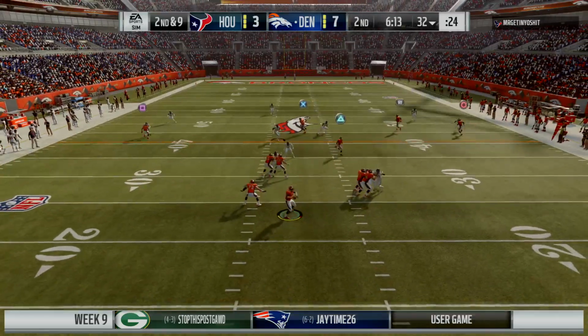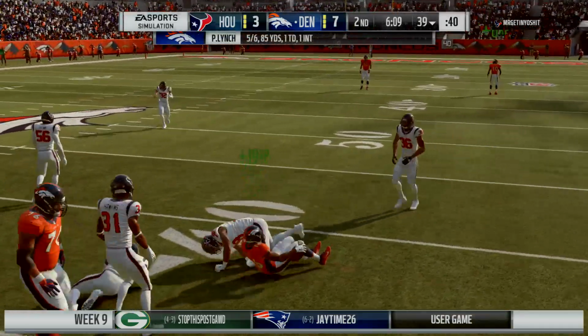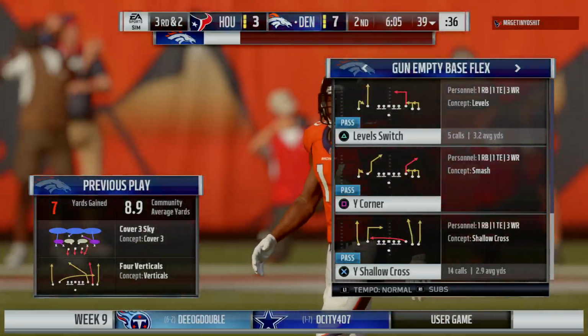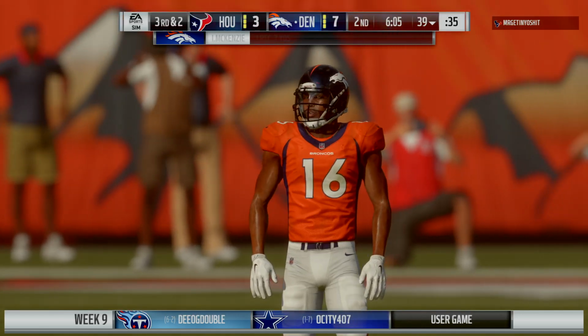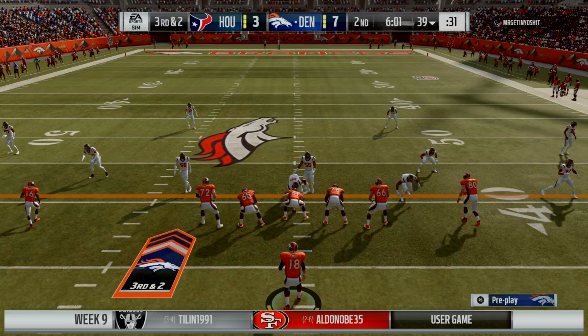On 2nd down, here's Lynch. Firing quickly here, and that's complete. And he'll get it out near the 40 to the 39. The reception good for 7. It's third down. One thing you're hoping for when you run drag routes, you're able to hit a receiver in